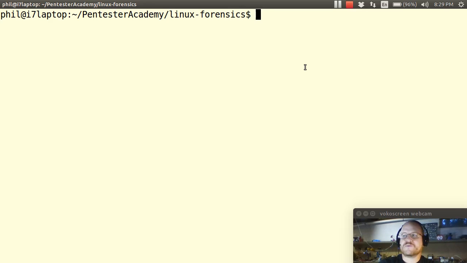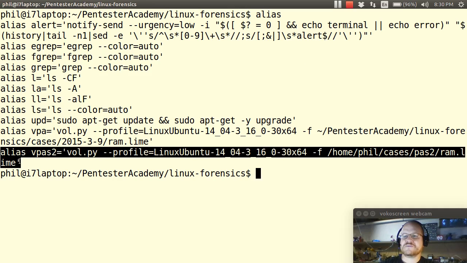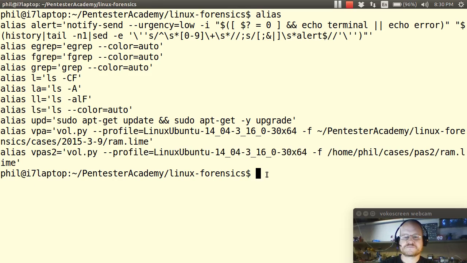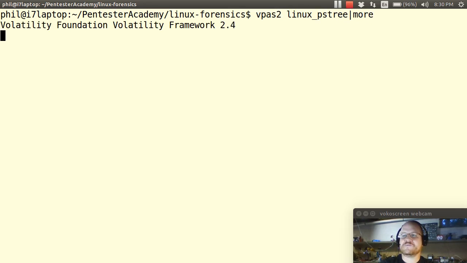And as before, we will use our alias. As a reminder, I've set up this alias to avoid having to type this obnoxious string all the time, and quite likely fat fingering it most of the time as well. So if I use my alias, now I'm going to use the Linux pstree command, and I'm going to pipe that to more. So it's off and running,